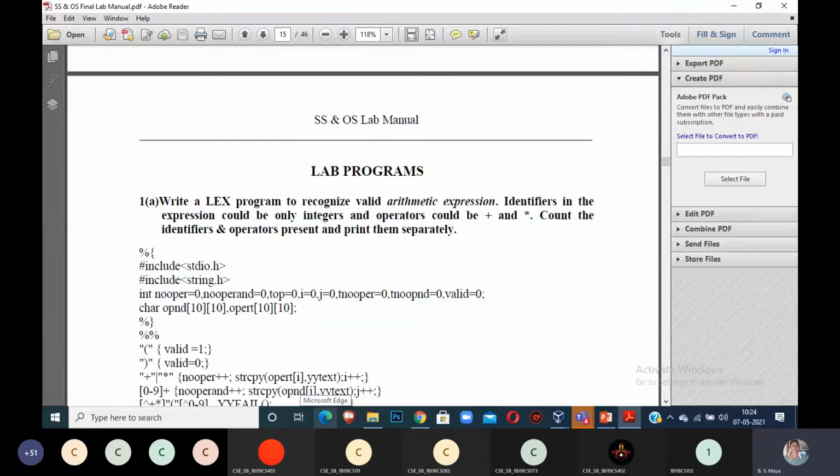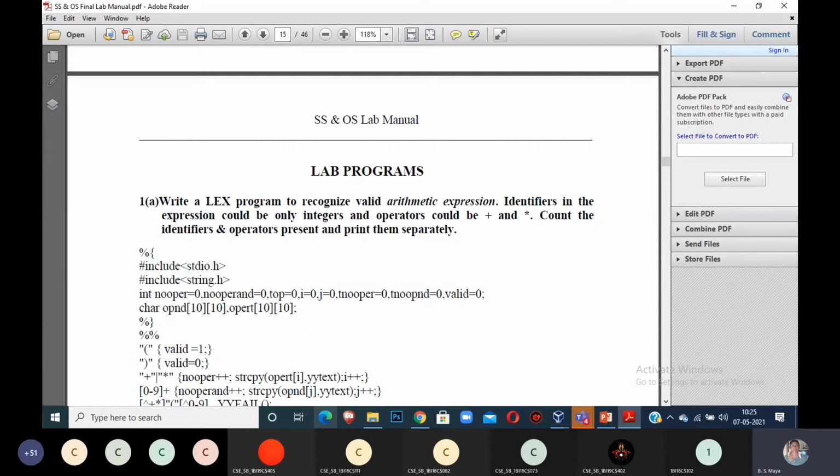Okay, let me start with the first one. Write a Lex program. If you have an observation, you can directly copy down to the observation book only. No need to write once again for your observations. All sample programs can also be copied down in observation also. That is left to you. Because in the observation copies also, the staff will be asking where is your sample program, where is your lab program. You can minimize the time while writing for all those things.